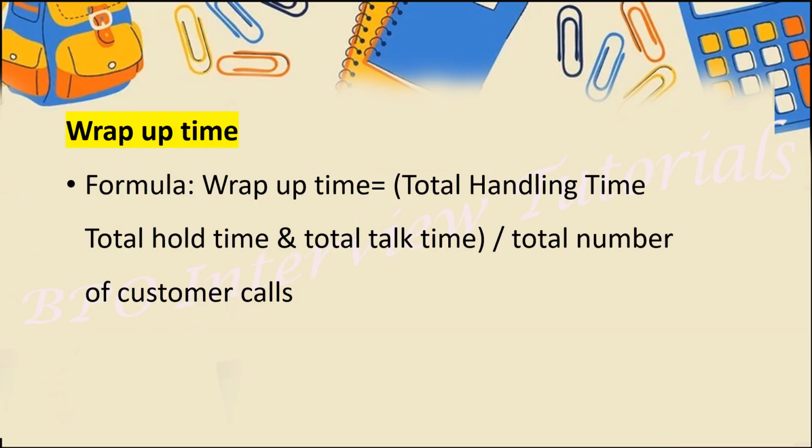So you have to work on the call simultaneously, as well as do the things very fast. Now, how will the wrap up time get calculated? It's quite simple. Total handle time minus, it's a minus sign here, total hold time and total talk time. So whatever time you took over the call, total handle time, the overall timing you have taken, minus total hold time and total talk time, which you will divide by the total number of customer calls, then you will get the wrap up time, guys. This is the formula for the wrap up time.